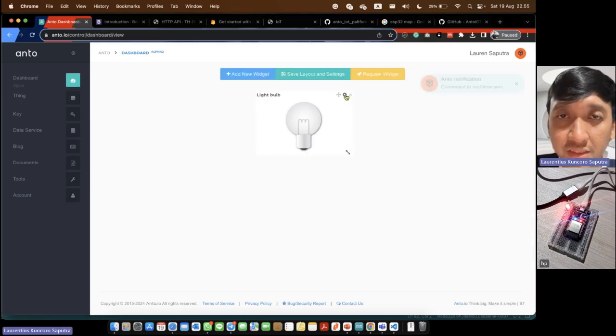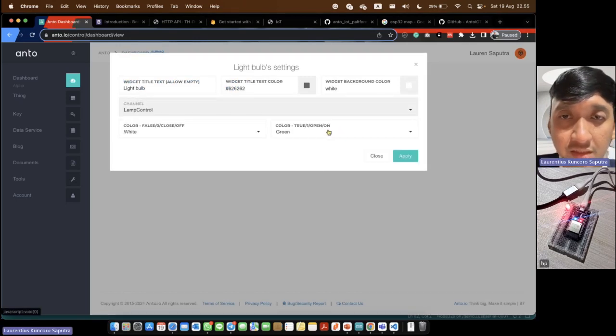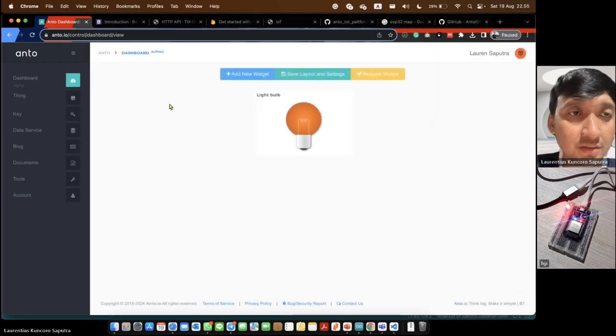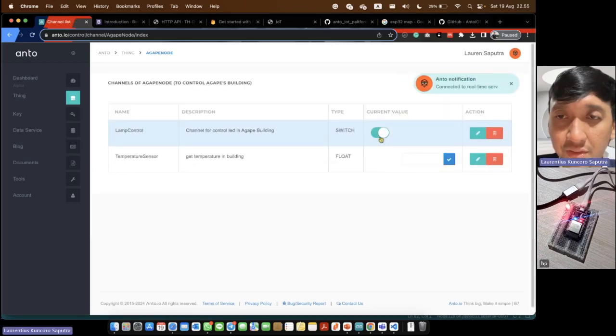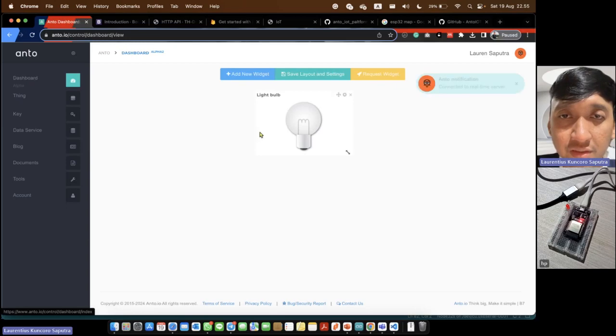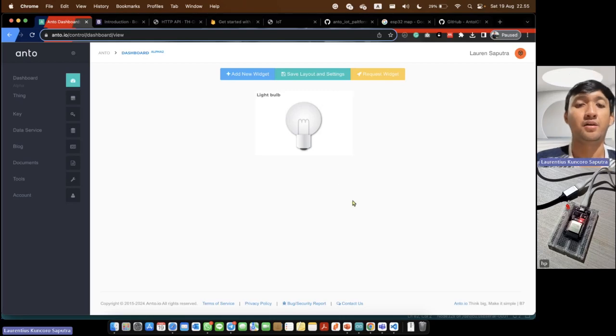Sorry, okay, we should change the lamp control again to red and apply. Yeah, so we can go back again in the channel. We turn off again, and in the dashboard the light bulb is white, or turned off.